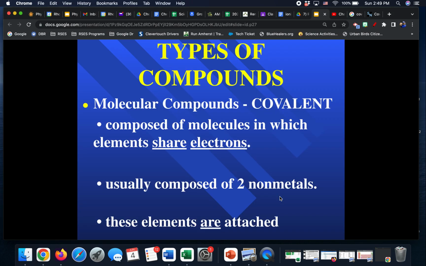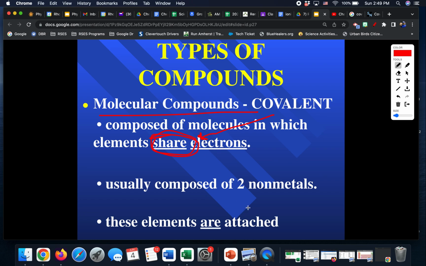So, covalent compounds are compounds that have covalent bonds. Remember, keyword there, sharing, hopefully remember from our previous unit. They share electrons. They're called molecular compounds. Don't care if you know that. What I do care that you know is that covalent compounds are made by sharing electrons, as always, to get